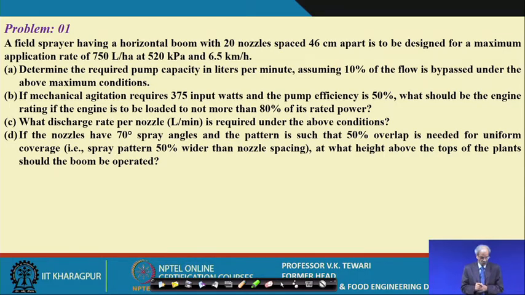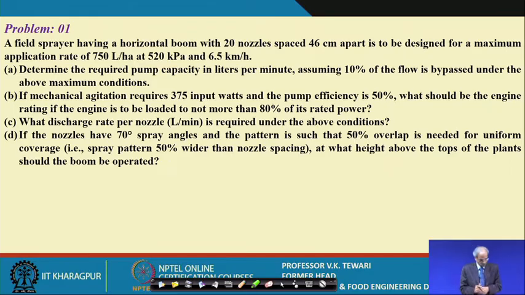The mechanical agitation requires 375 watt input and the pump efficiency is 50%. What should be the engine rating if the engine is to be loaded to not more than 80% of its rated power? In this particular design problem, these are the details given, and you need to use your knowledge of what you have learned so far